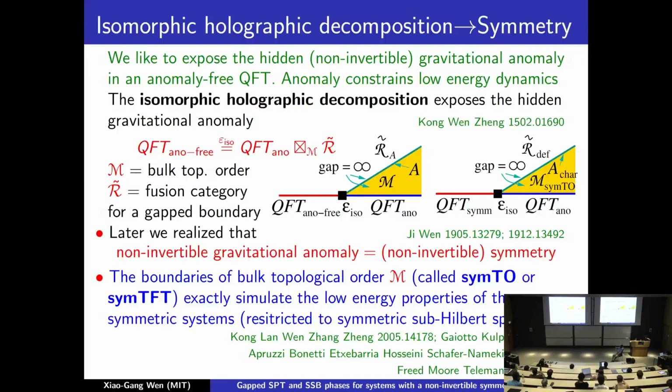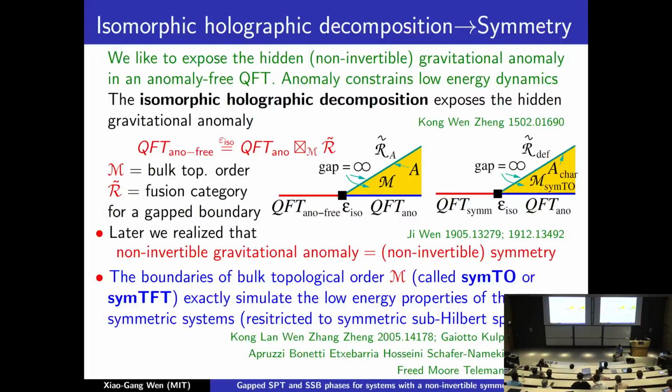And so the proposal is that when we have this anomaly-free theory, we can see whether it can be equivalent to this decomposed form: have this boundary, have bulk, have another anomalous theory. So it has this decomposition, then we say that the theory has a hidden gravitational anomaly. Then a few years later, we realized that actually the gravitational anomaly and the symmetry are the same thing. So therefore, this picture really became a picture for the symmetry. So basically, trying to find the hidden gravitational anomaly became trying to find the hidden symmetry. So that's actually